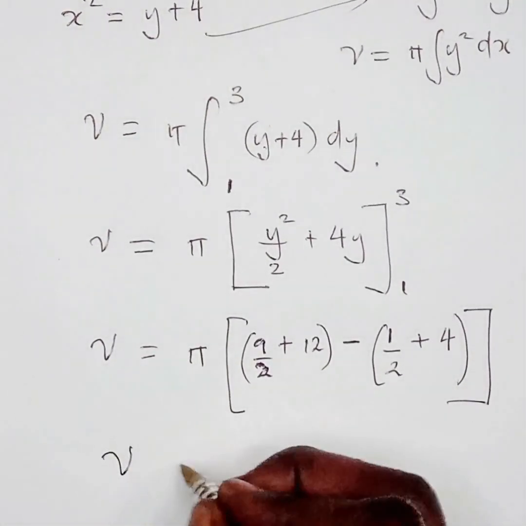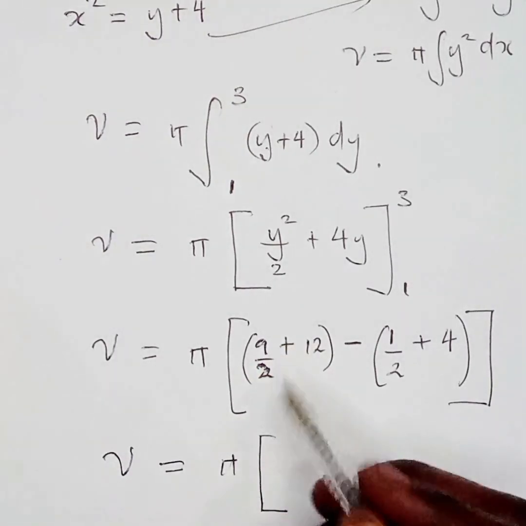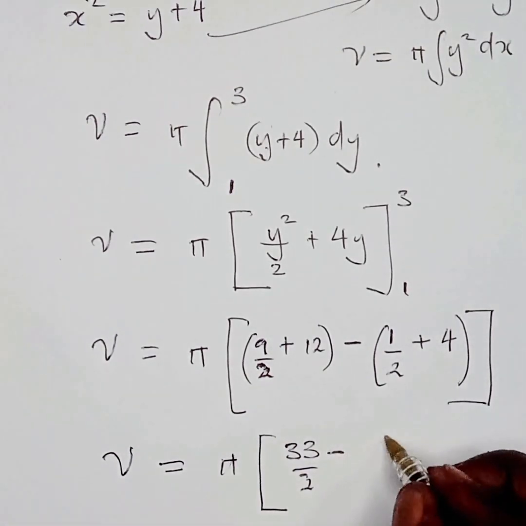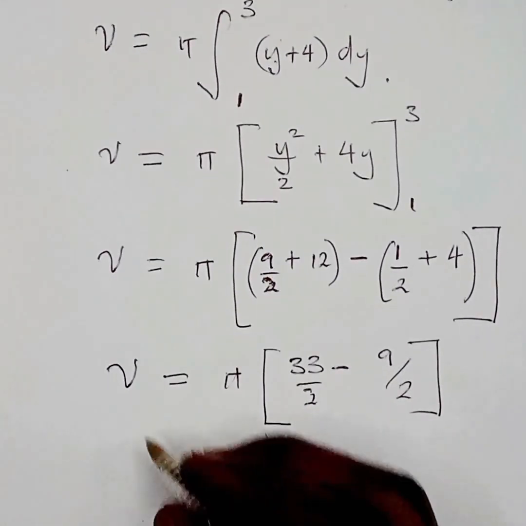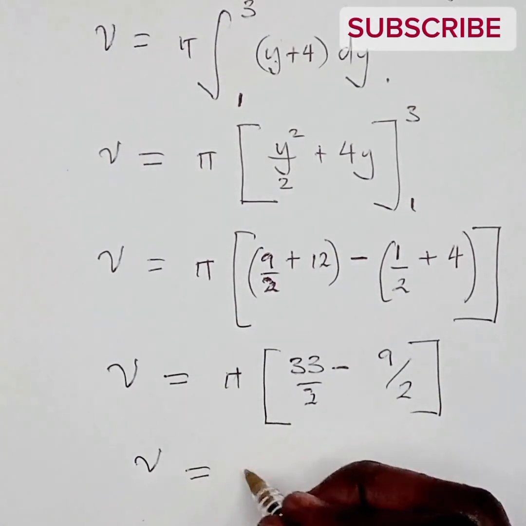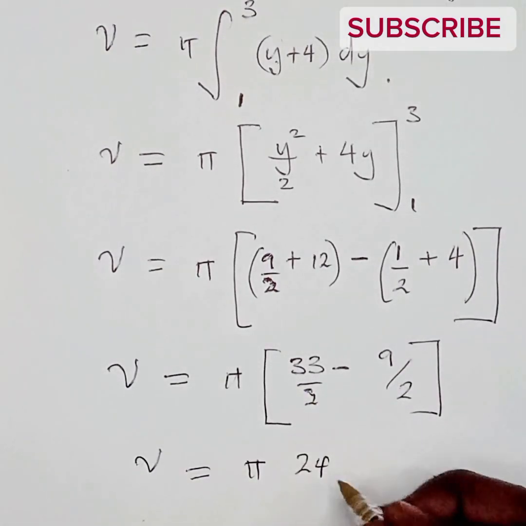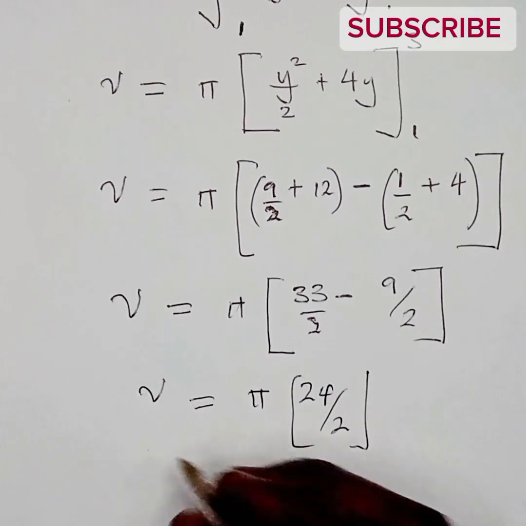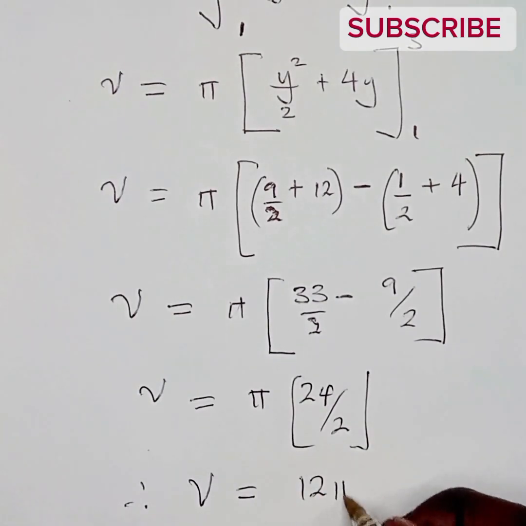Then we are saying V, the volume, is equal to pi. Now if you simplify what we have here, you're going to have 33 over 2. That's subtracting 9 over 2 on that other side. Then we can say our volume V is equal to pi. If you add that, you're going to get 24 over 2. All right. Therefore, we say the volume that is required is equal to 12 pi, because 24 divided by 2 is 12. And these are units